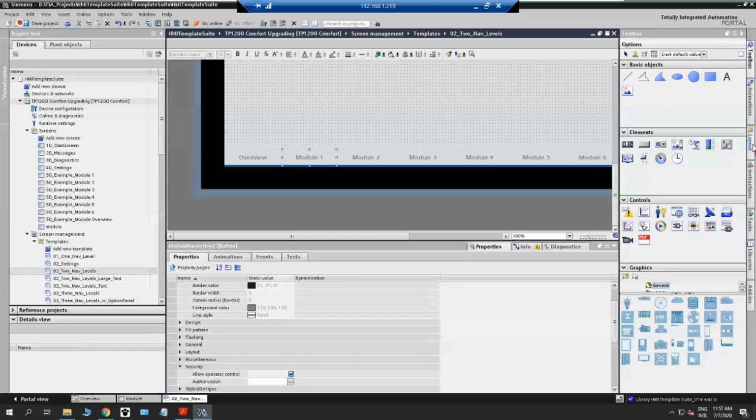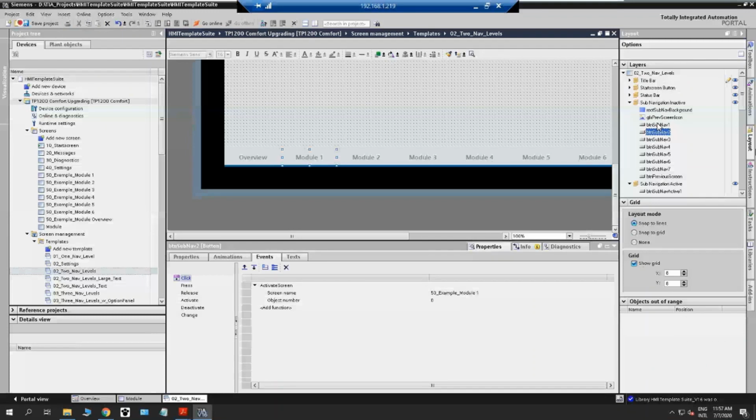So I will change now the screen to the new module screen when I click to the module 1 button in the application. Currently, it is navigating me to the example module 1 screen, but let's assume that I already have this module screen in my application and I want to change it to that one. So I simply select the module screen